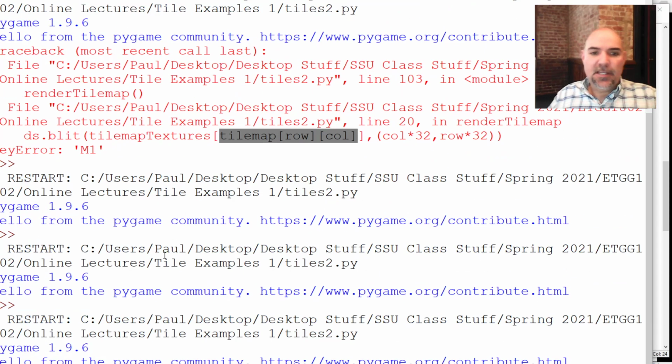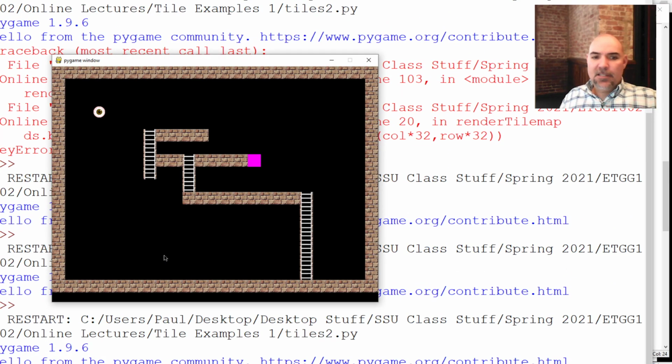I just changed data. And what we're going to look at next class is we're going to do 2 things. One is we're going to look at how can I store that map data in a file. In other words, how can I store that string in a file and load it up? And then when you get done with level 1, it loads up the file for level 2, and then load up the file for level 3, which means that you don't have to rewrite your program